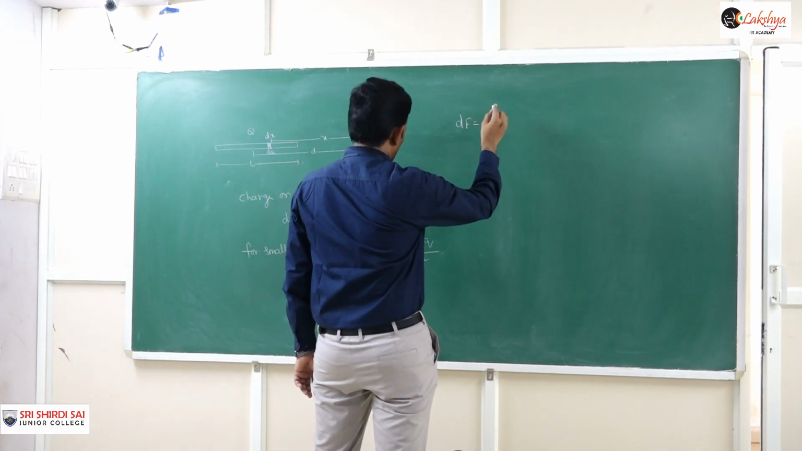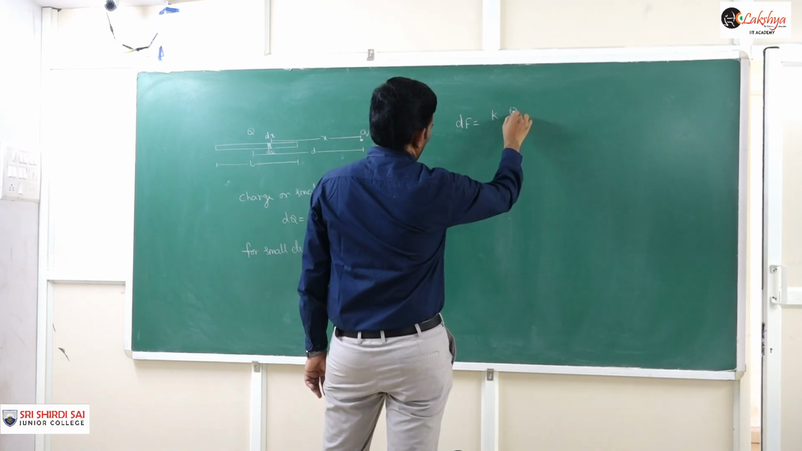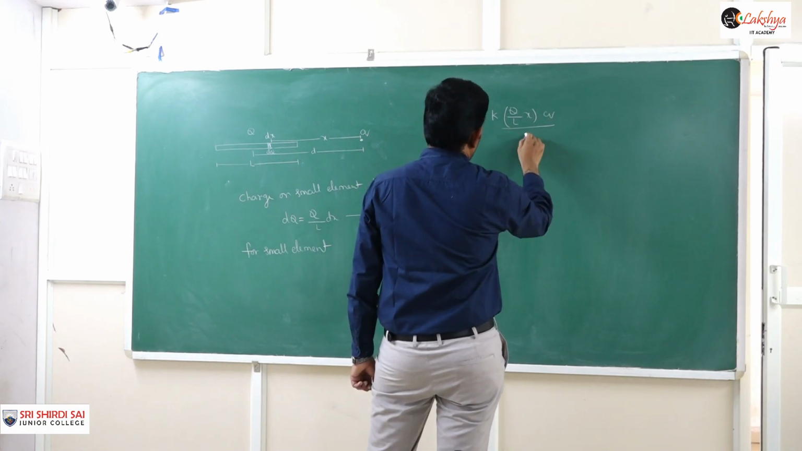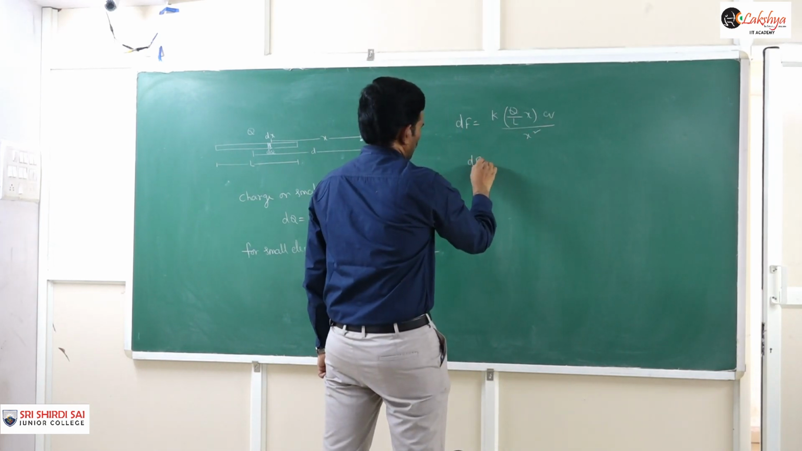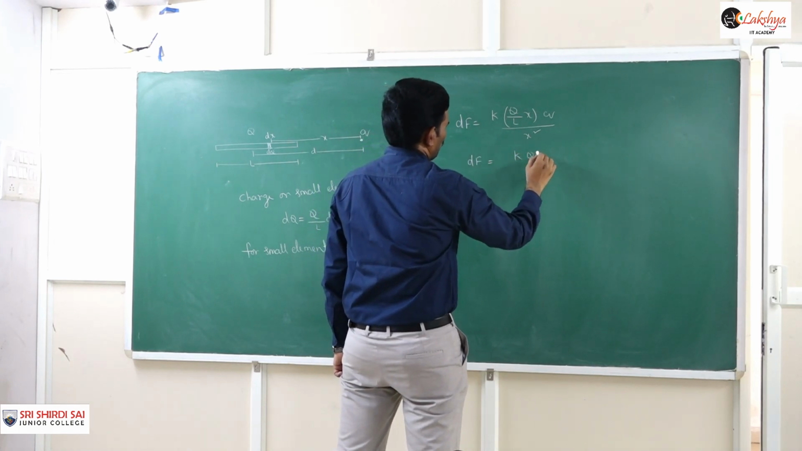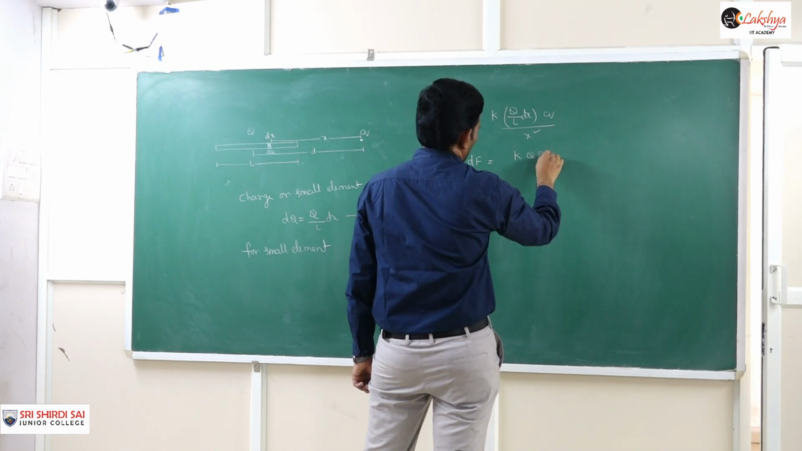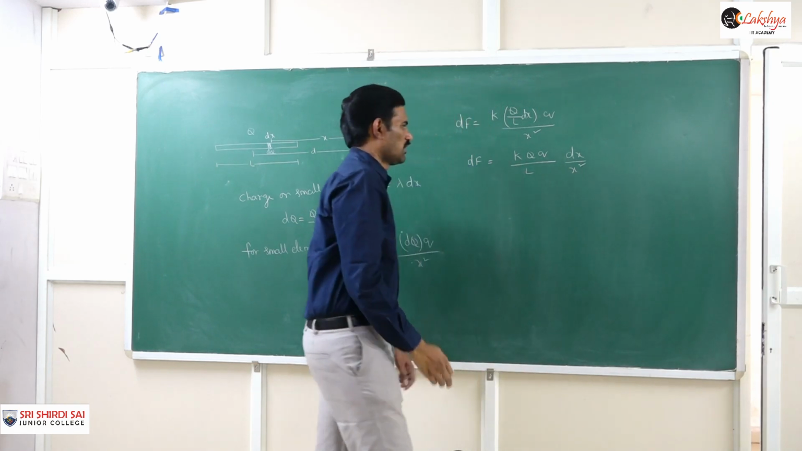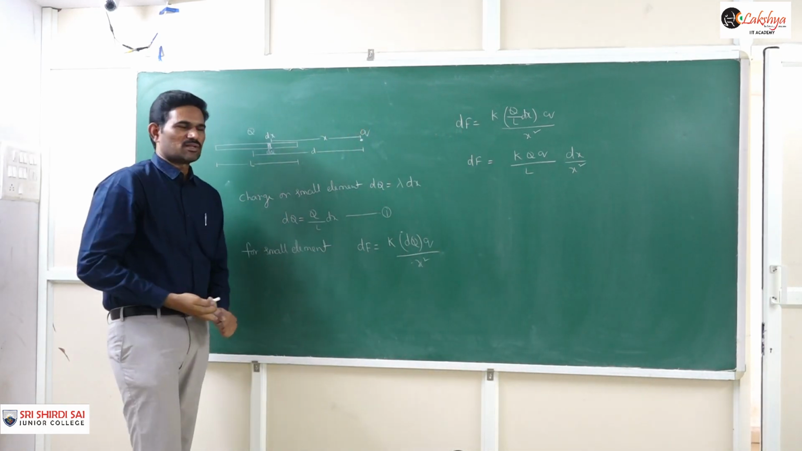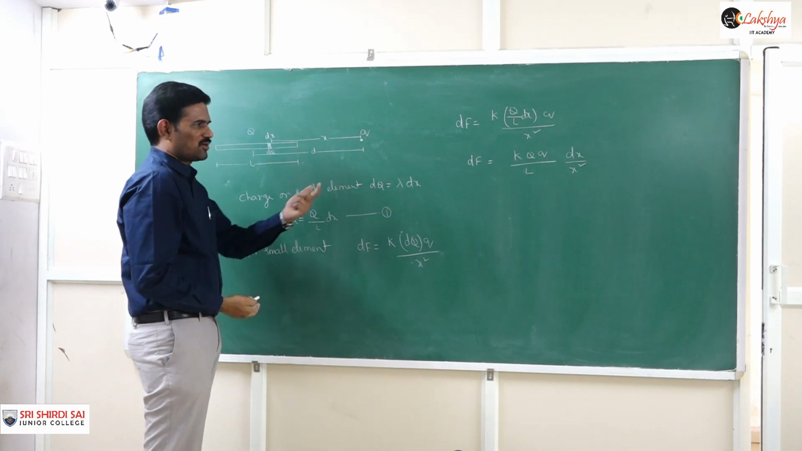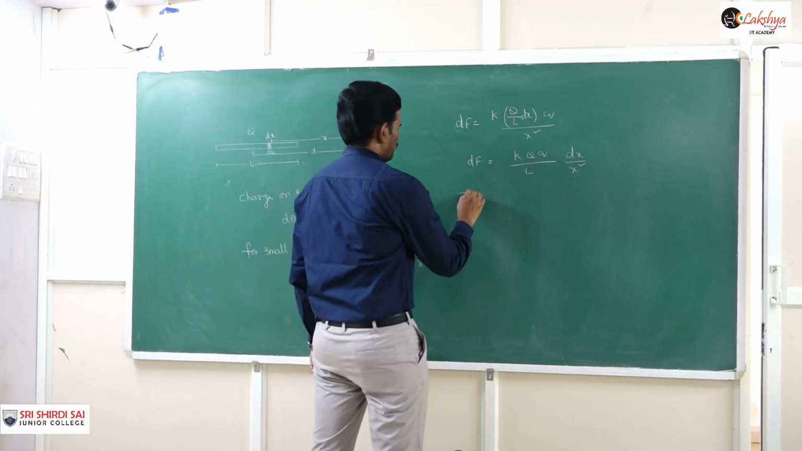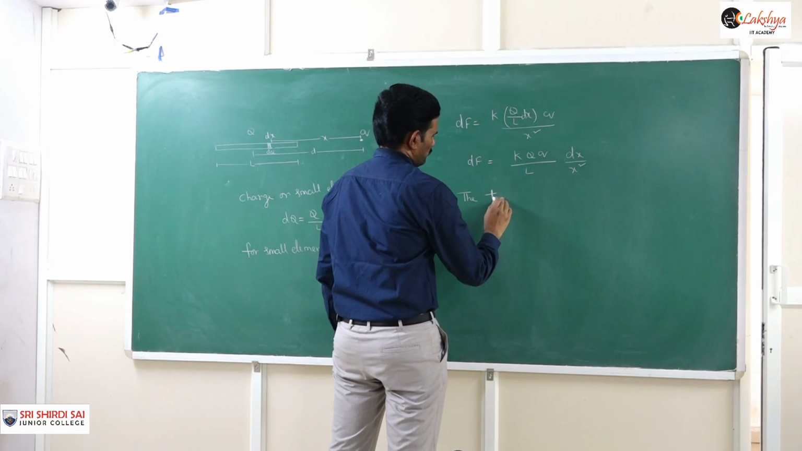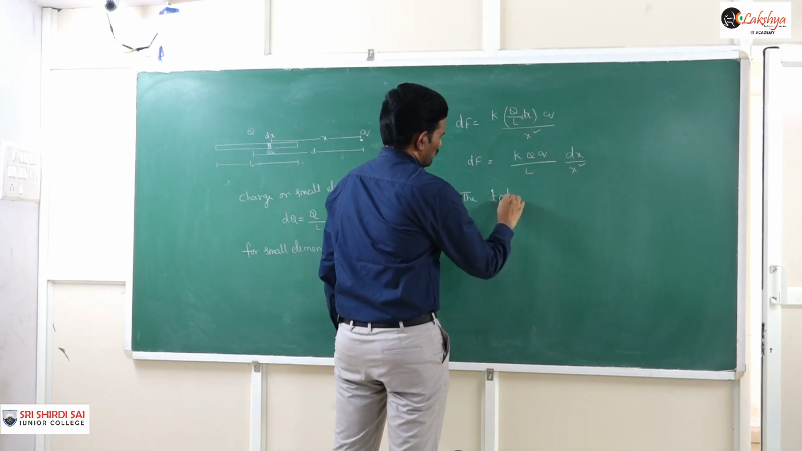Therefore, this dF is equal to q by L into dx into q by x square. So finally I can write this as kq into q by L into dx by x square. And so to get the total force acting on this point charge, or the total force acting on the rod, now we need to integrate that. So the total force on this rod